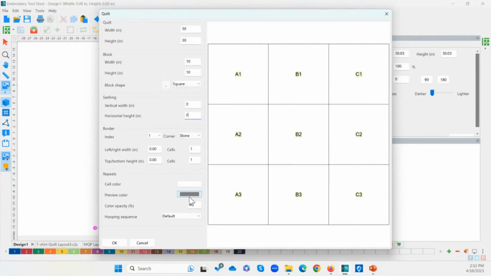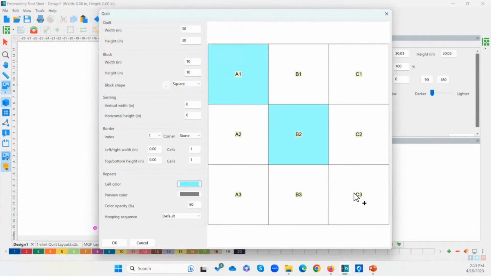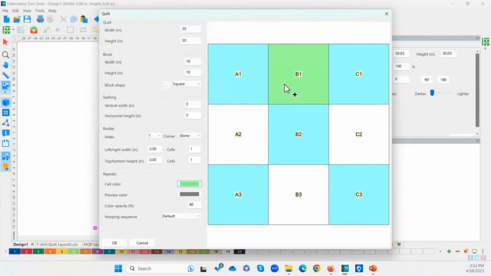So now my quilt has 2 different styles of blocks. What I'm going to do is color these to represent where I have the embroidery, and then another color to represent where I don't have the embroidery, so I can put different designs on my quilt. Okay. Now we went over this 2 weeks ago. These colors are actually going to be an auto repeat of the design, like an auto preview, I guess I should say. It's not an actual copy of the design.